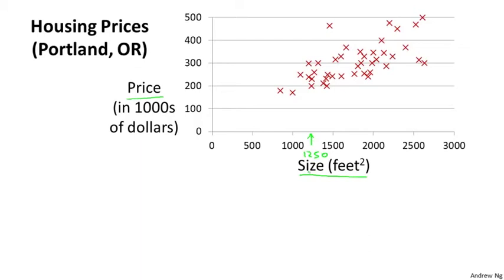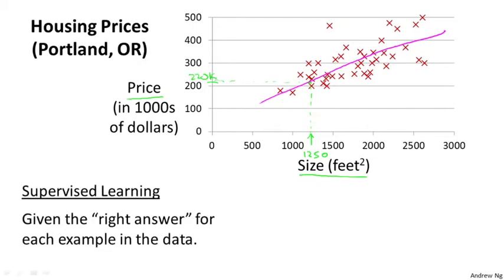Well, one thing you could do is fit a model, maybe fit a straight line to this data. That might look something like that. And based on that, maybe you could tell your friend that they can maybe sell the house for around $220,000. So this is an example of a supervised learning algorithm, and it's supervised learning because we're given the "right answer"